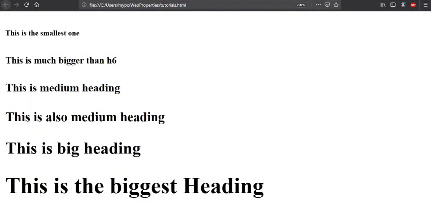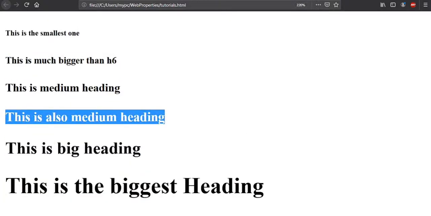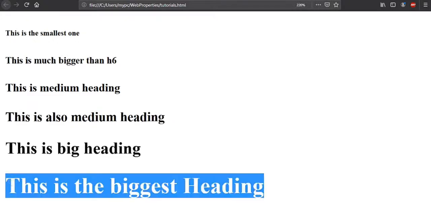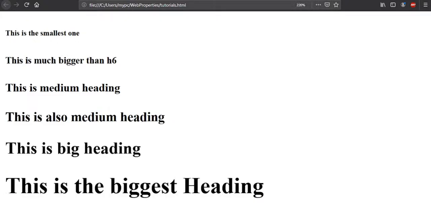The smallest one, this is much bigger than H6. This is a medium heading, this is also a medium heading, this is a big heading, and this is the biggest one. So these are the heading types, and in the next video we're going to see hyper